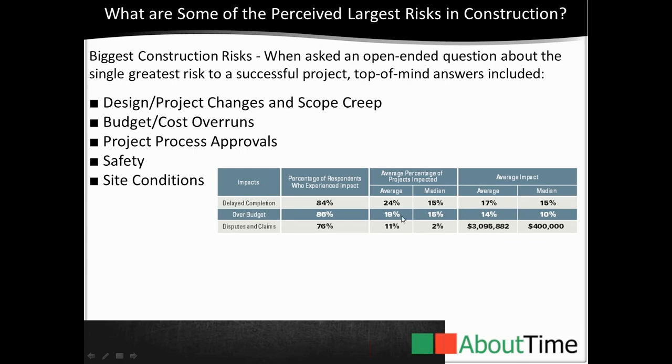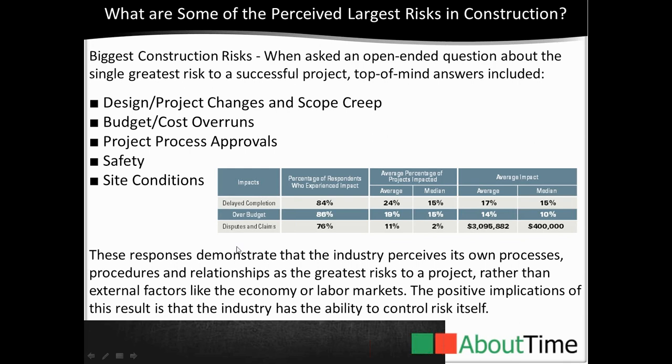So again, there are lots of data points that we can focus in on, but generally speaking, there are lots of variables. As the text below comes up, the industry is perceiving that there are challenges that are posing great risks to their projects. One interesting fact in this last sentence, it says, rather than external factors like economy or labor markets, it's a positive implication that, of course, the industry does have the ability to reduce their own risk. These external factors don't necessarily have to impact your specific business if you have proper controls in place. And if you have measures that you can take when